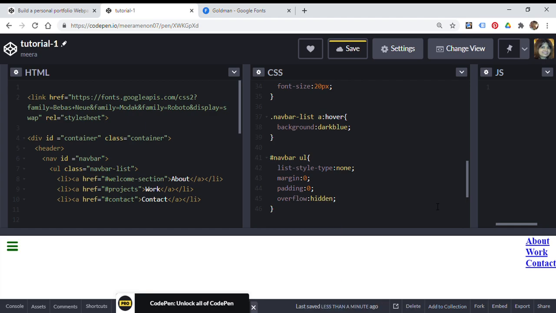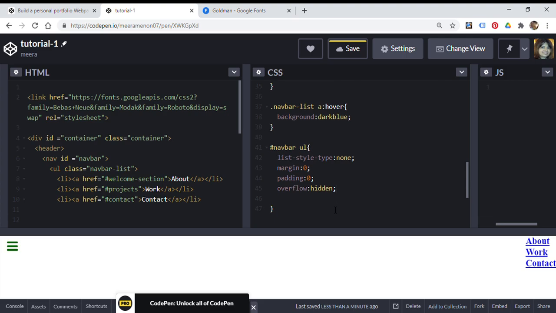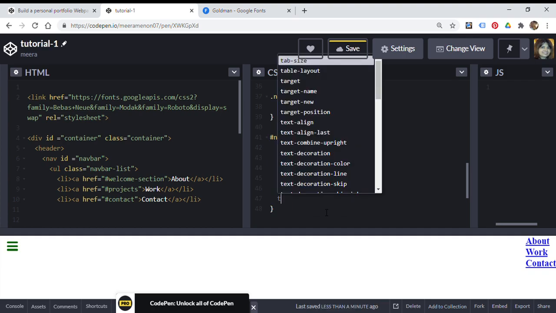In this case, I'm doing the overflow hidden because I want to prevent my navbar from collapsing. Whenever there is a movement, I don't want my navbar to collapse. That's why I'm doing overflow hidden. Okay. Then position fixed. Why? Because again for the same reason, I don't want it to move when the other elements are moving. Top 0.